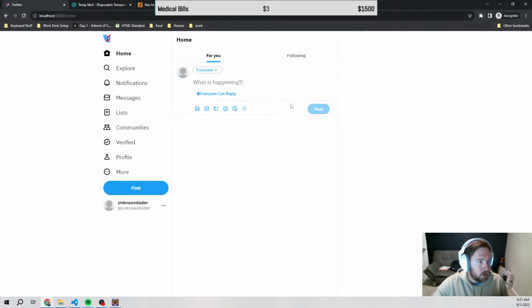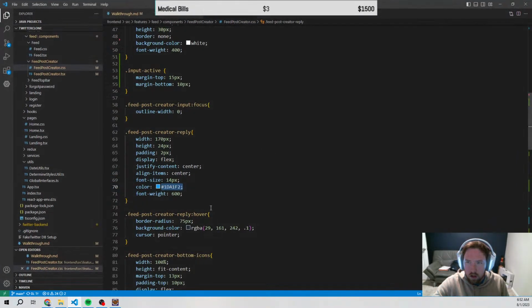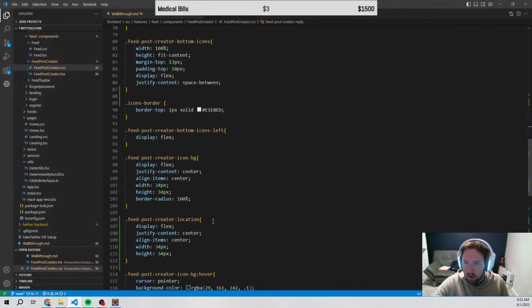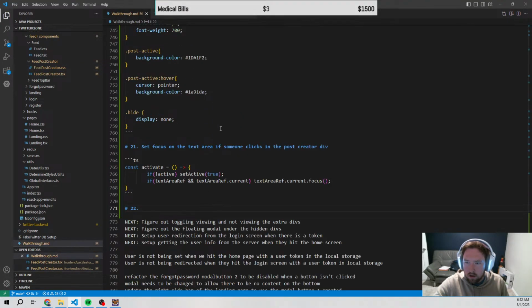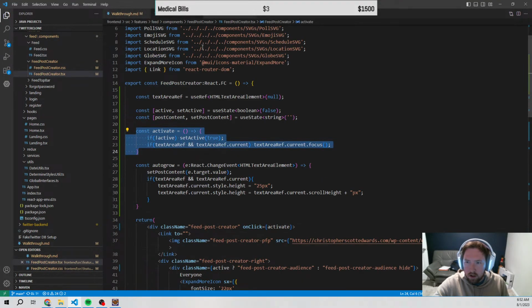Okay, so now I guess what we should do is wrap the post button inside of a new div, and set up the plus icon and the other thing. So let's go ahead and say